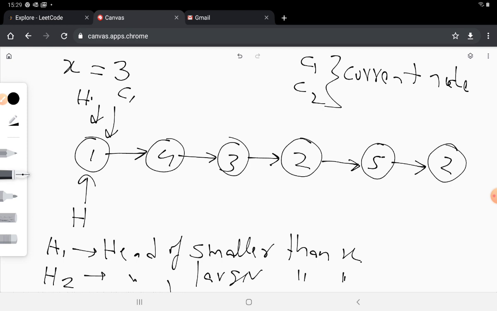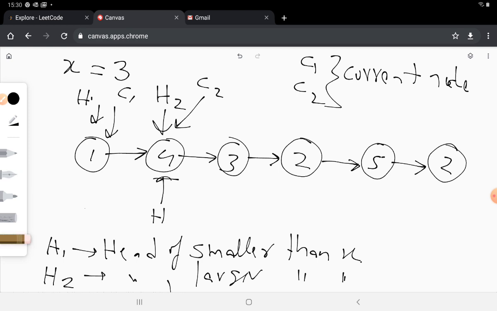So now we are at 4. Now 4 is larger than 3. So in this case, I would initialize my h2. So h2 now points to 4, and my current node in the larger half of the list is c2. So c2 would also point to this node.